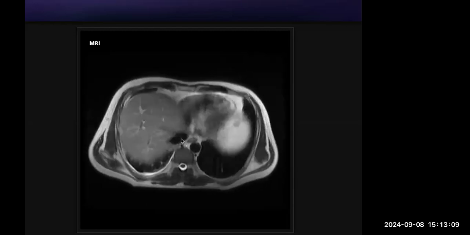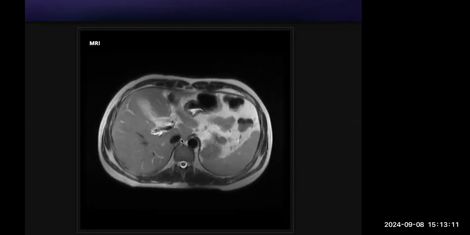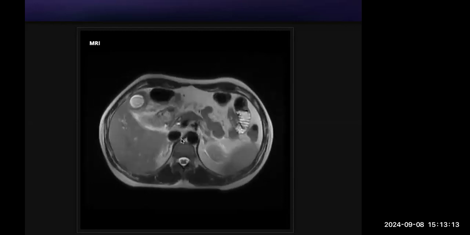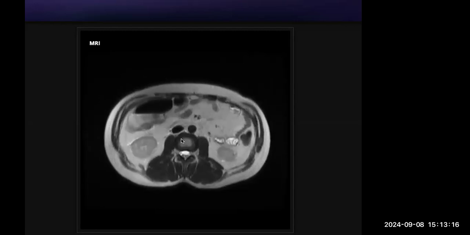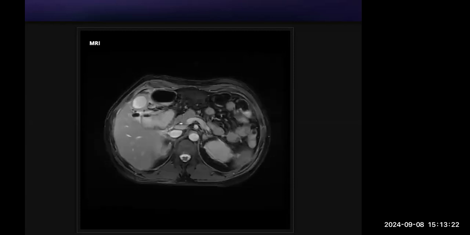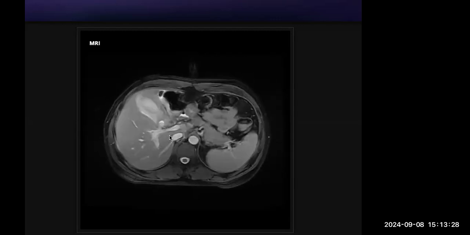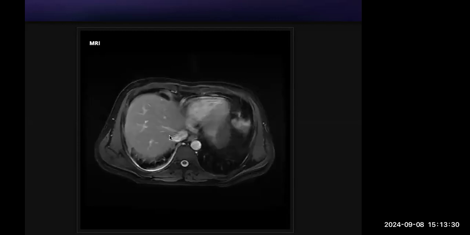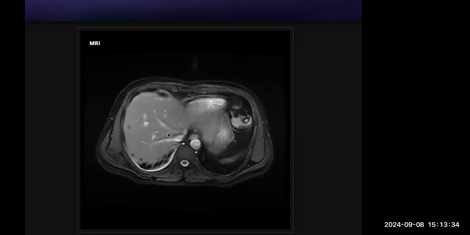Apart from that, the spleen appears grossly normal. The pancreas and the rest of the visualized organs appear normal. In my routine practice, I would see the fat suppressed sequences to look for any edema or inflammation. These are the fat suppressed sequences, where I see that there are some inflammatory changes within the gallbladder wall. There is also a focal lesion,